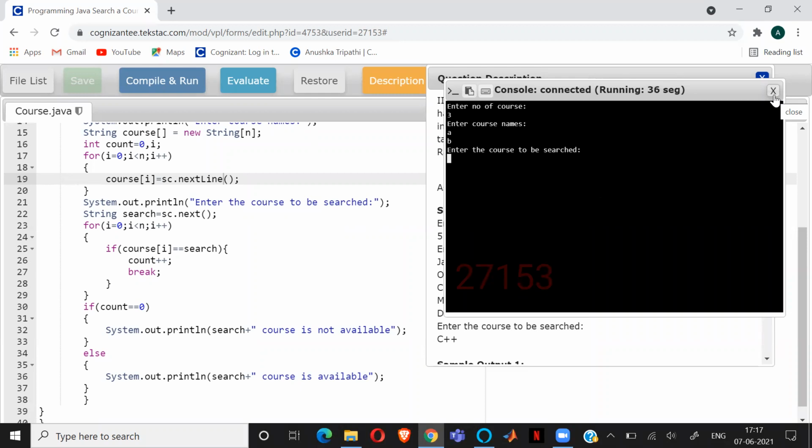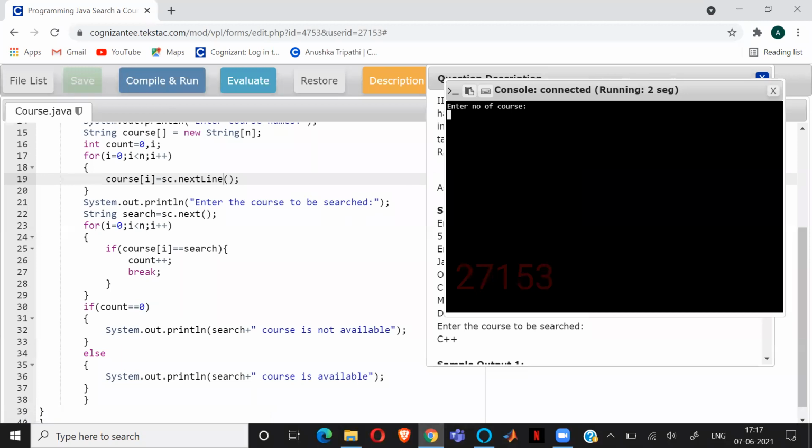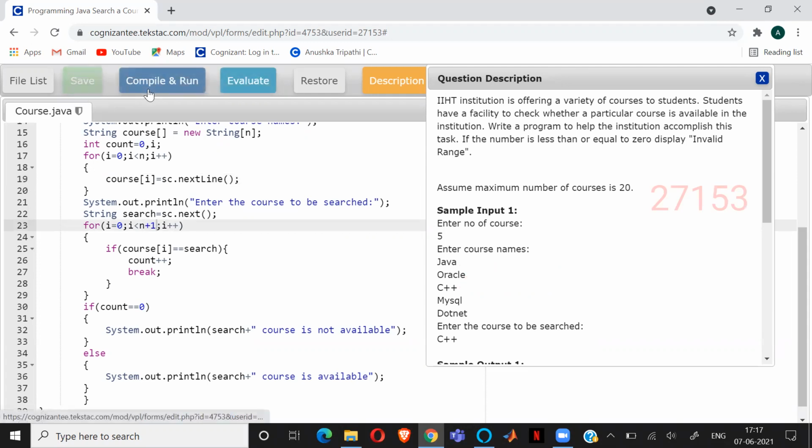Take more than 3 values. Run it once again, take it 5 and see how much it is working. It's taking 3, 4. Right, it takes 4 when you declare 5. So when you declare 3, it will take 2.